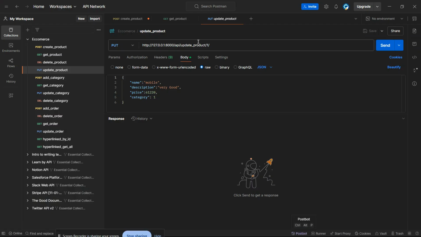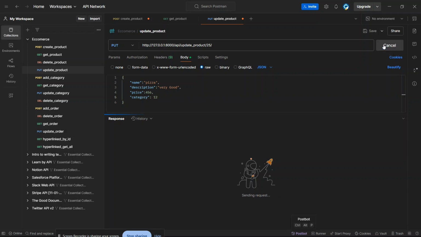As in Postman, I have to mention here the ID 25, and here I have to mention pizza, and the price is 456. Very good. Category ID is 12.